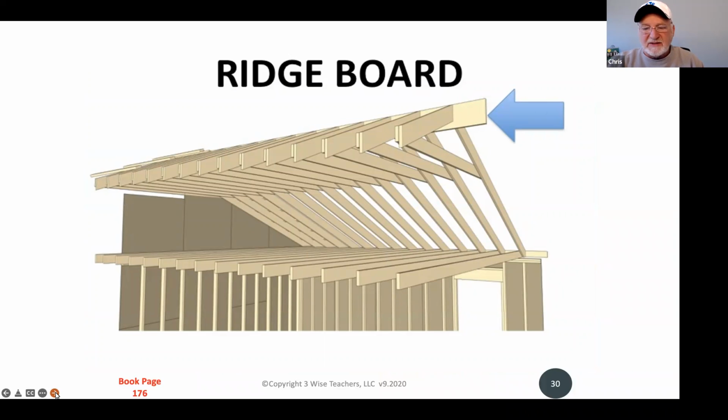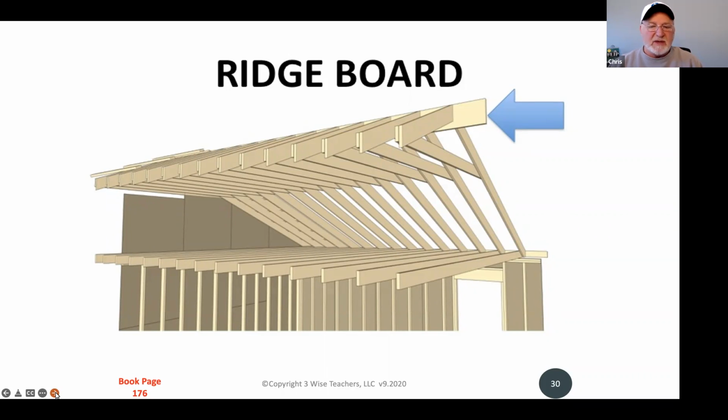Now, when we're looking at this next section, the particular board that they're showing is what's known as a ridge board or a ridge beam. Oftentimes you see these in rafters, which would be another way of building a roof. The rafters are less engineered. They tend to be individual boards that are put together. And you can see as these boards come up from the side that they meet at the top in what's known as a ridge board or a ridge beam.